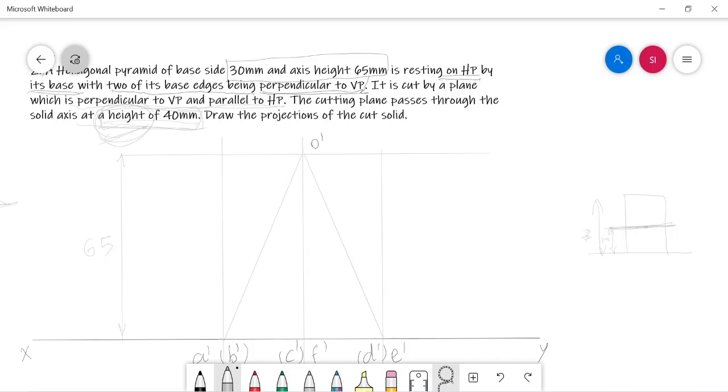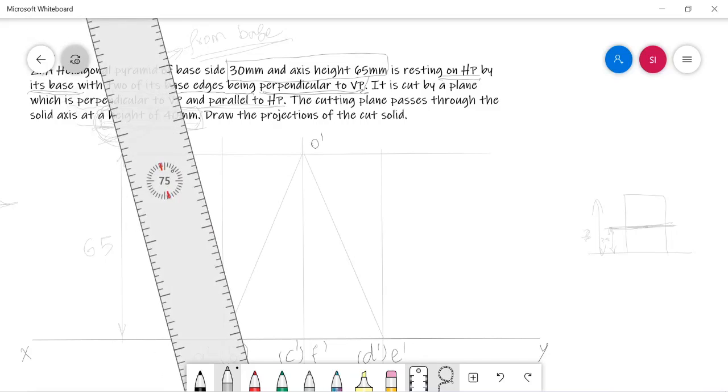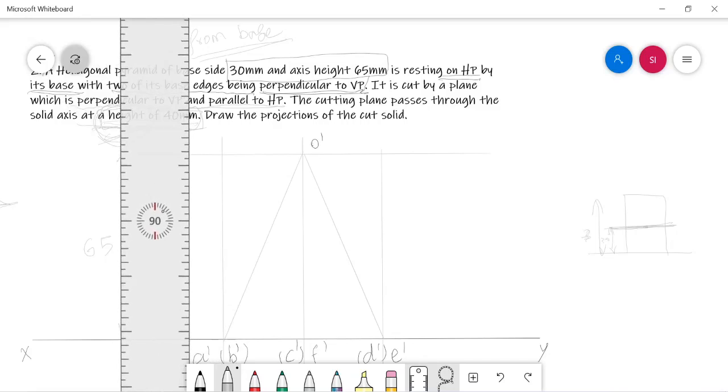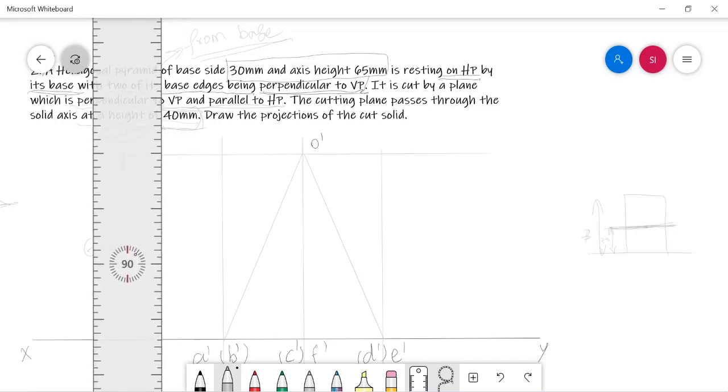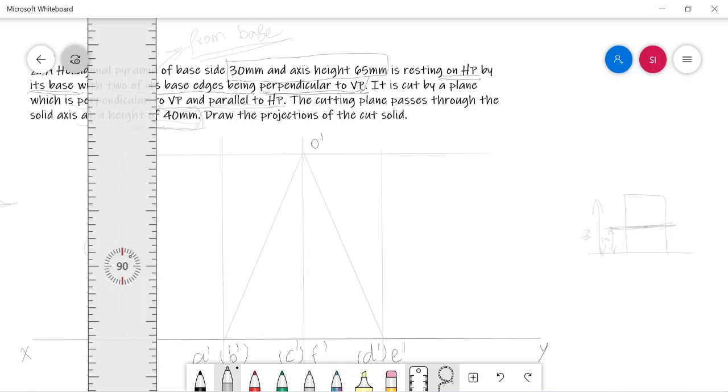This is another phrase which can replace the words from base. If you see the term at a height, this is nothing but from the base. So from the base you have to measure 40 mm. The axis height of the solid is 65, so from the base you have to measure 40 mm.